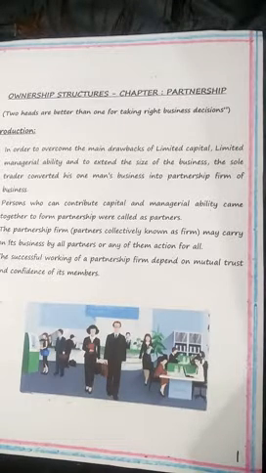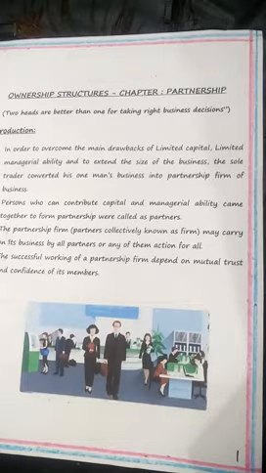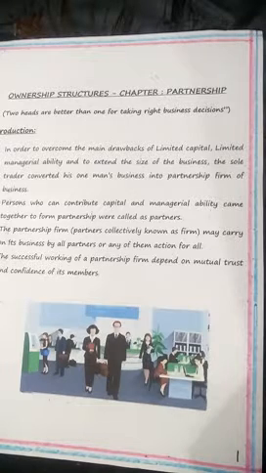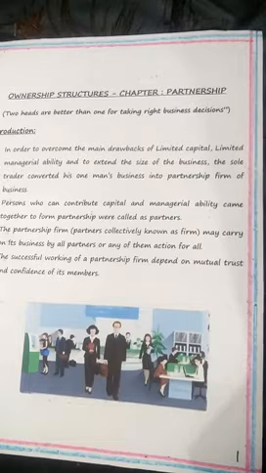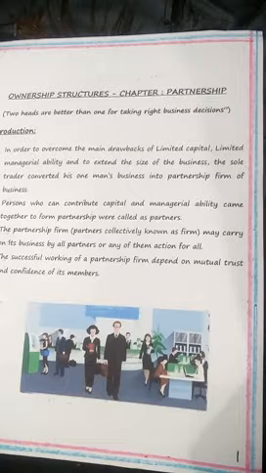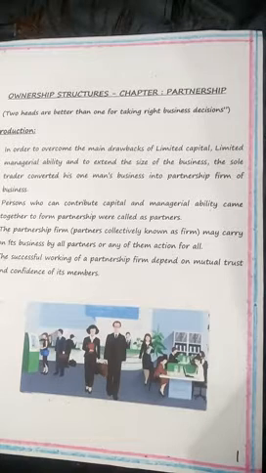So this is a definition which you're going to study again and again. In India, according to the Indian Contract Act, which is an act based on the English Partnership Act of 1890 and the American Partnership Act, gives us the meaning of the word partnership. Please understand this, children. A partnership agreement is entered between persons of age of maturity with sound mind who are competent to contract. Individual, firms, Hindu undivided family, company,